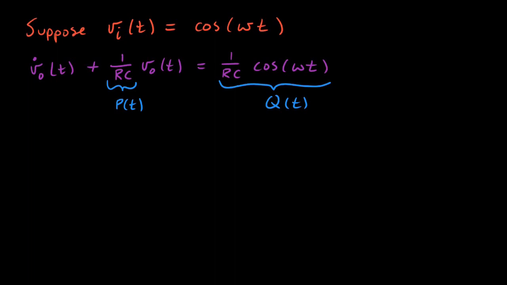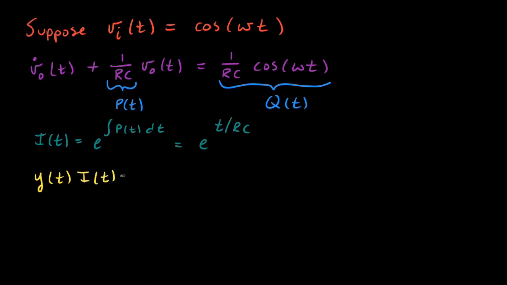Now if I want to build my integrating factor, I of t is just e to the integral P of t dt, and that's going to be e to the t over RC. We could work that out again, but I think you can handle that. Now I can take a bit of a shortcut with what I know. Generically, we had y of t times the integrating factor equals the integral of q of t times the integrating factor